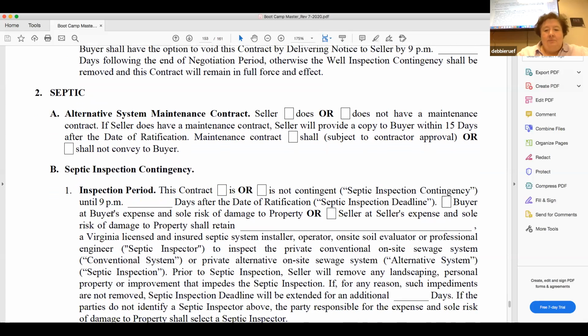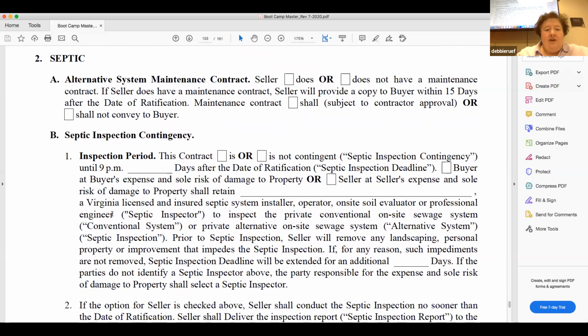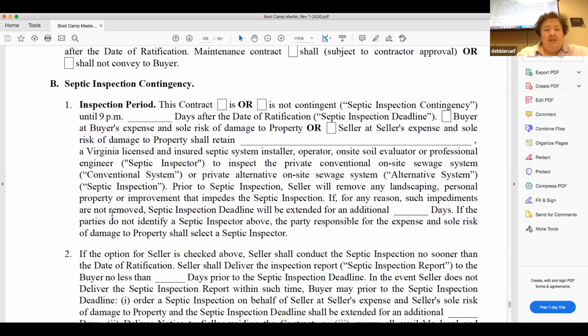And if they do, specify it. Then you've got the inspection contingency. The contract is or is not contingent upon inspection. How many days? Now, make sure you're given enough time to get these people lined up. And then it's the buyer or the seller. So if you're representing the buyer,